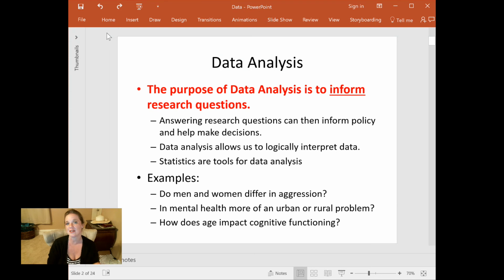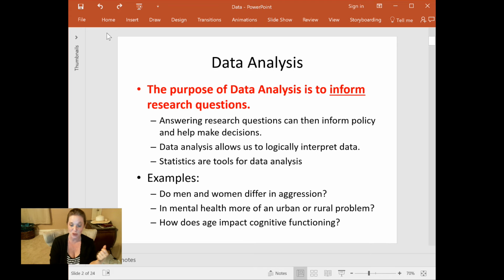So what is the purpose of data analysis? Well, the purpose of data analysis is to gather information from people. And that information that we gather from people is called data. Right? And I say people because this is a social science class. It's a psychology class. Well, I'm a psychologist anyway, teaching it. But the whole idea is to learn the statistics that we use when we talk about people, right? Exactly. So data analysis is about gathering information from people in order to ask and answer research questions.